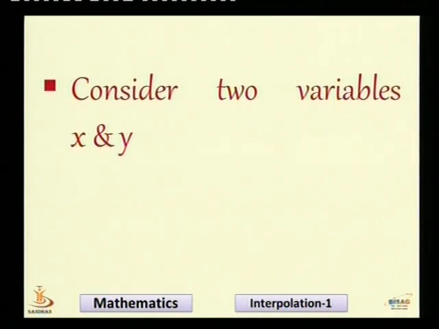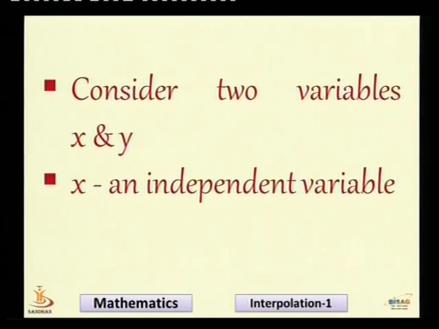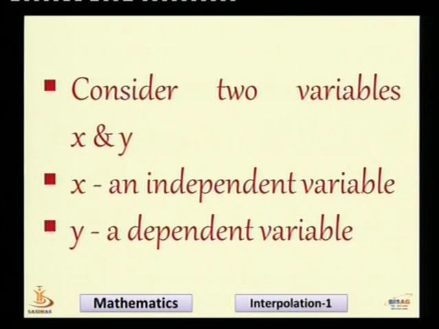Because we said that we are supposed to find out that value of y for any given value of x. So what are x and y? They are variables where x is an independent variable while y is a dependent variable. You might already know what we understand by an independent variable. It's a variable whose value does not depend on any other factors, whereas y being a dependent variable, its value depends on the value of x.